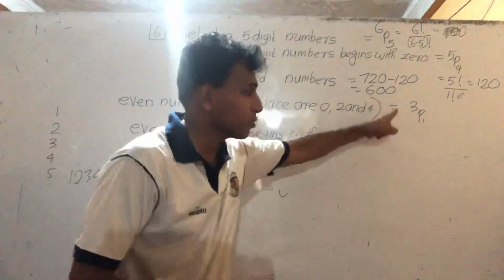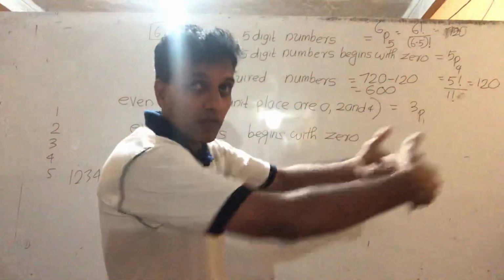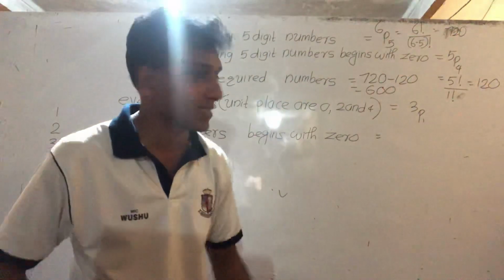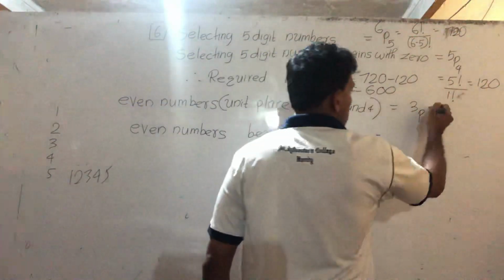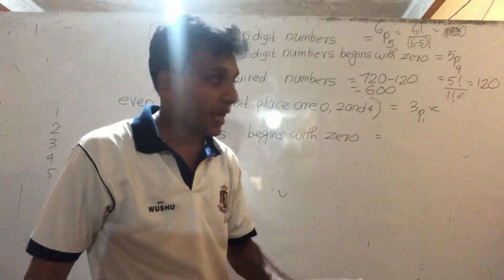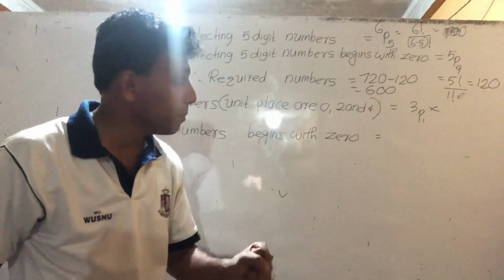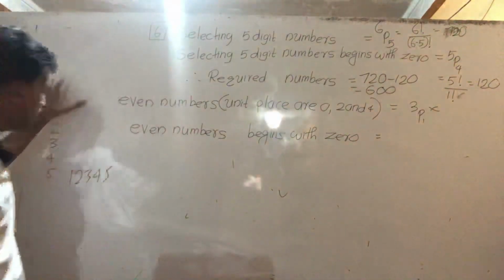This is for the unit place. Noted that this is for unit place, the last digit from the back side. For the unit place we have a chance. Now one number is okay. Another 4 numbers are needed, totally 5 numbers. Another 4 numbers needed from the remaining numbers.